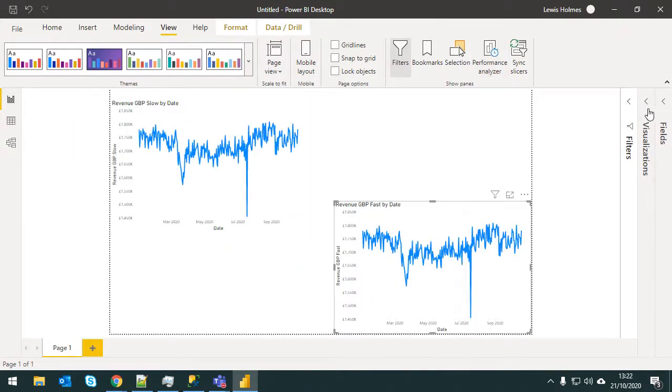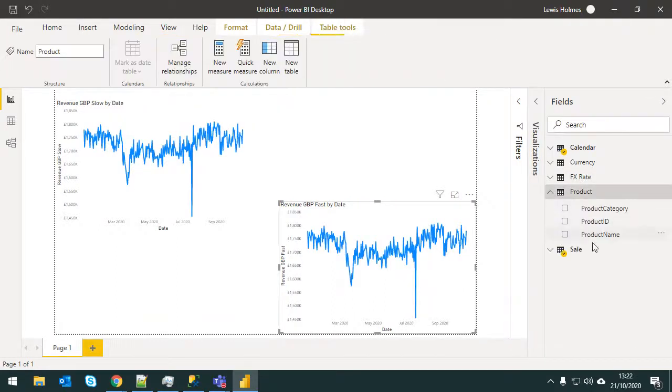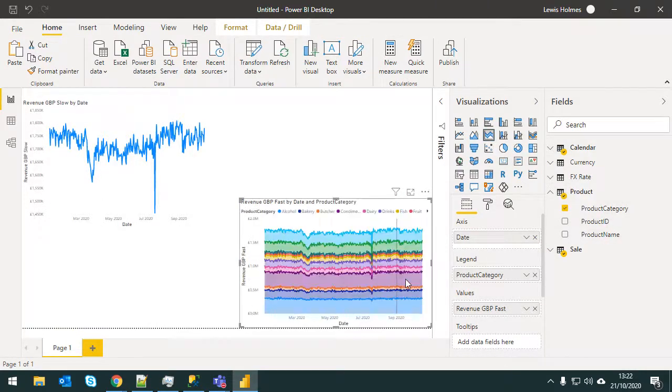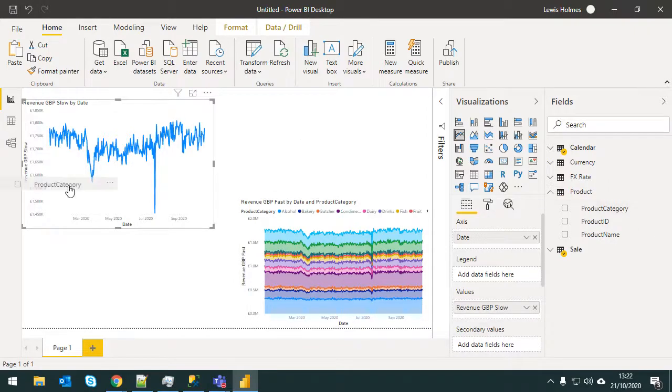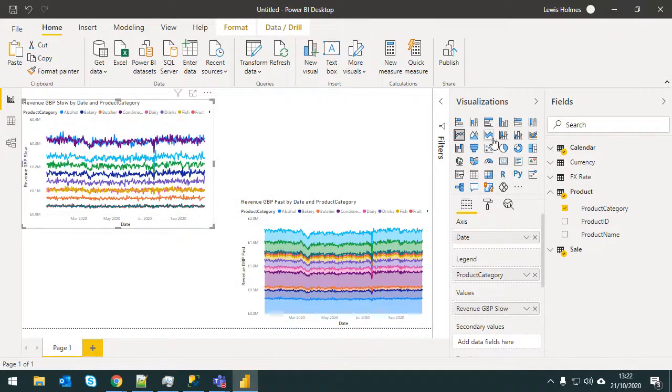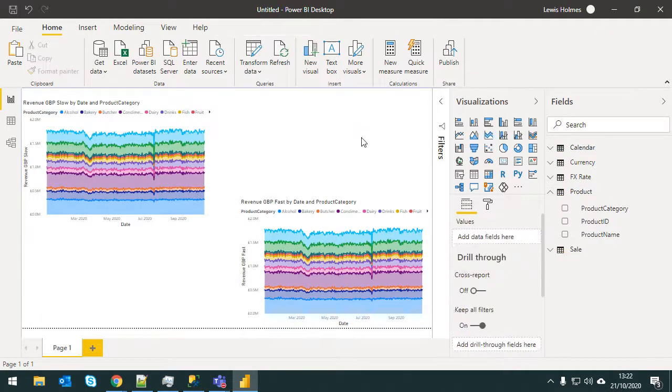So we can now bring in other fields. If I change this to an area chart, perhaps, and then bring the product category onto that as a legend, you can see all the different product categories, and that's appeared really quickly. And that's appearing not so quickly. Perhaps it's a bit unfair, make it the same type. So again, we can bring up the